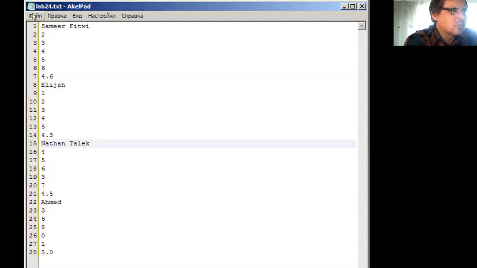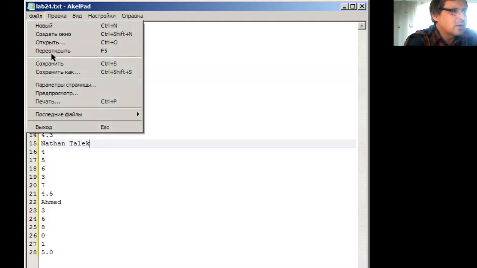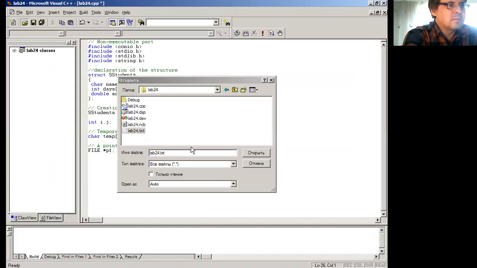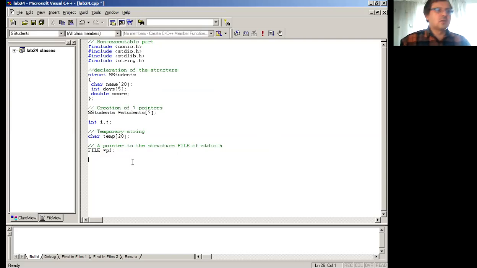Okay, so let us press file and let us press save. So after this, let us return to our Microsoft Visual C++. Okay, so we can close this window. Okay, and after this,